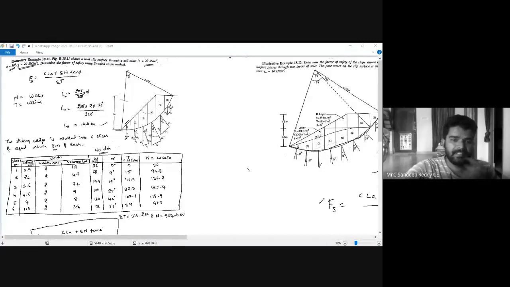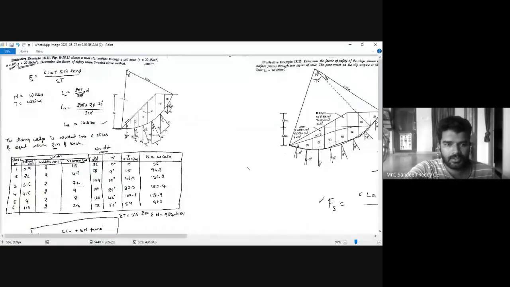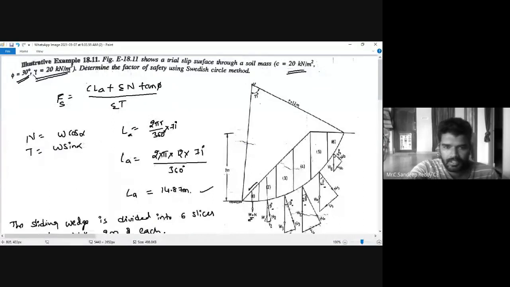Oh, see here in this solution, you need to draw a graph. See the slope height is, let me zoom it. Here the slope height is 7 meters. The angle made is 71 degrees, and the radius is 12 meters. So all this you need to draw in the graph and get the values of width of each slice, or else you can take it approximately. So what is the radius here? 12 meters. Possibly six slices are there. 12 by 6 is almost equal to 2. In that way also you can take.